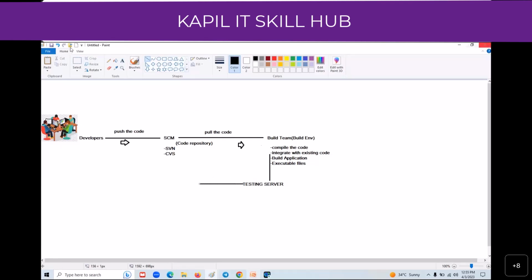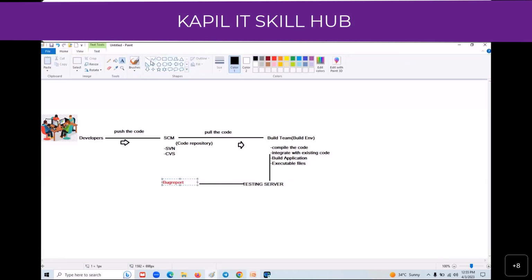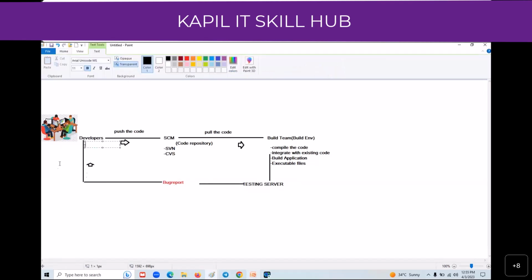If they find any bugs, they generate the bug report and send that bug report across to your development team. It is taking a minimum of 5 to 7 days on average to get that bug report back to your developer.